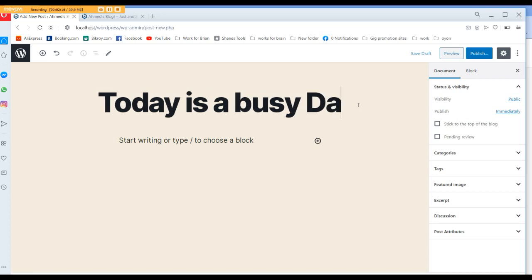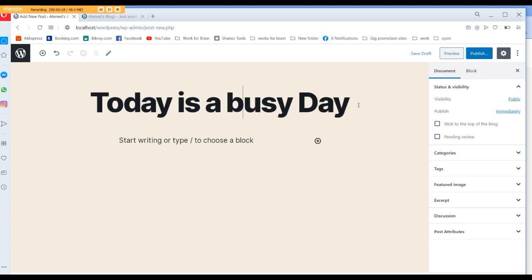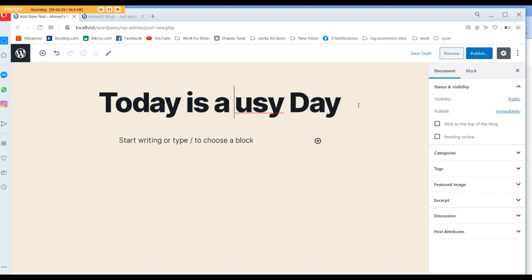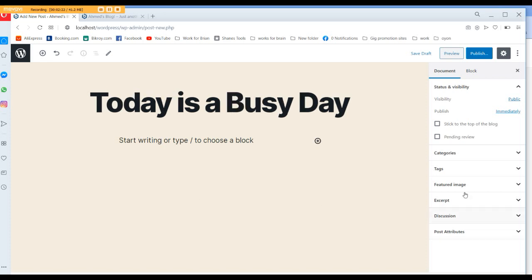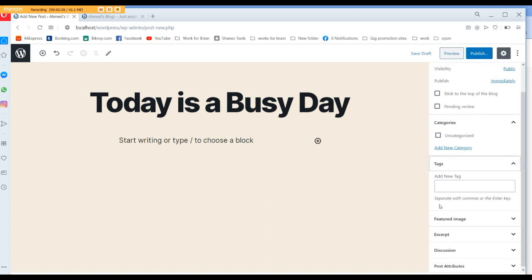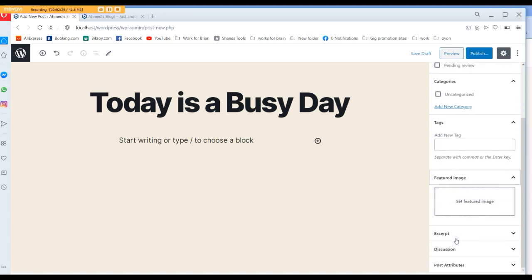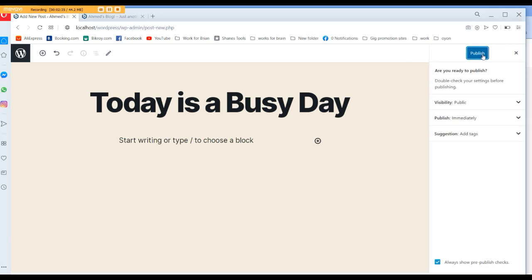Today is a busy day. So here you can select any categories, you can use tags, you can use any kind of pictures here. Lots of kinds of work you can add from here. So if you publish,